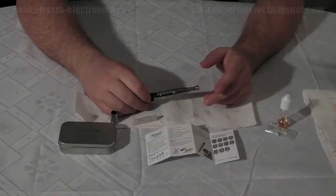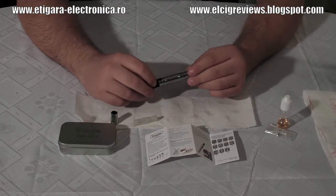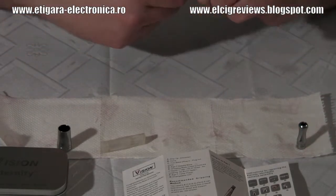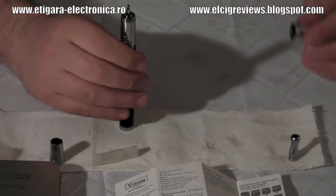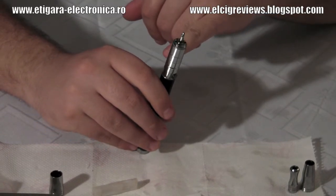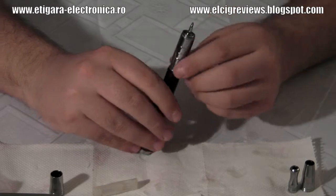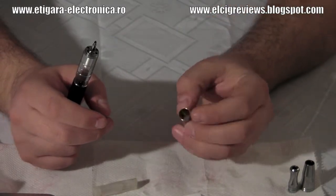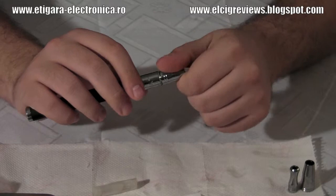Okay, now I would like to change it to its tank mode to show how it vapes in tank mode and talk a little bit about the rebuildable tank system. Okay, let's put Vision Eternity in the tank system mode. For that you need to remove your tip and this cone for dripping. There is the spike left and of course your coil. The rest of this here is just the ego cover. Now you're going to put the tank middle section